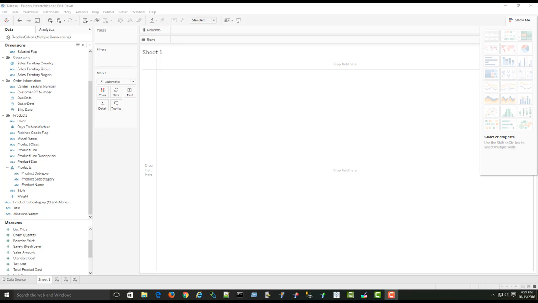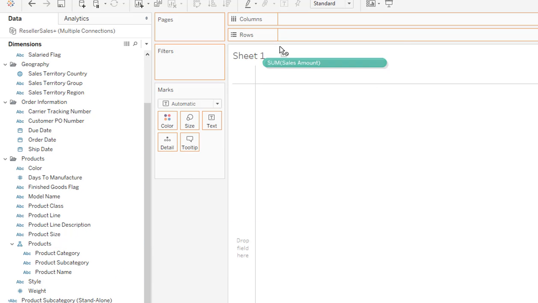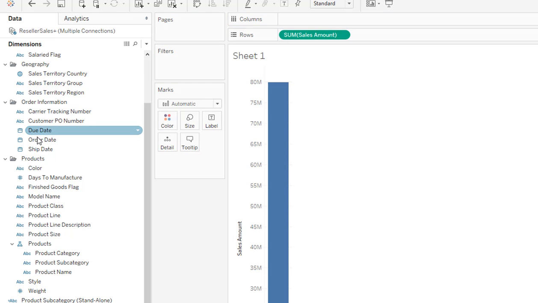It's time to look at how Tableau handles date hierarchies. I haven't defined any hierarchies here. I have a ship date, order date, and due date. It's part of my order information. So let's just bring in, again, sales to the rows, and we'll bring in order date